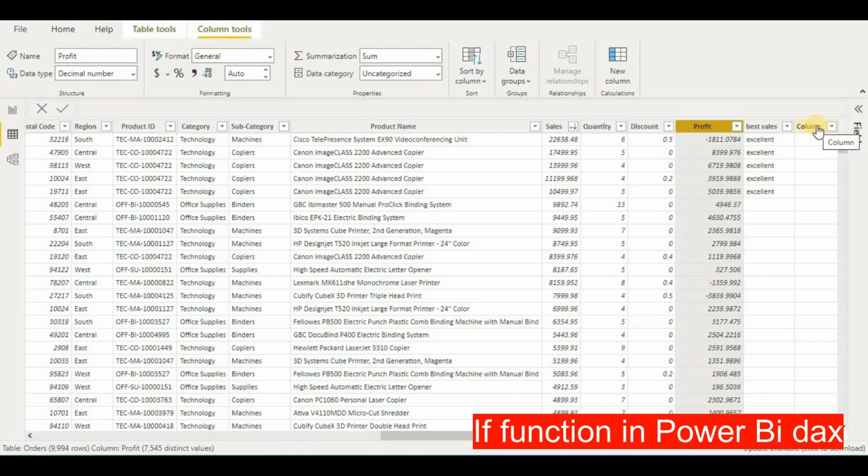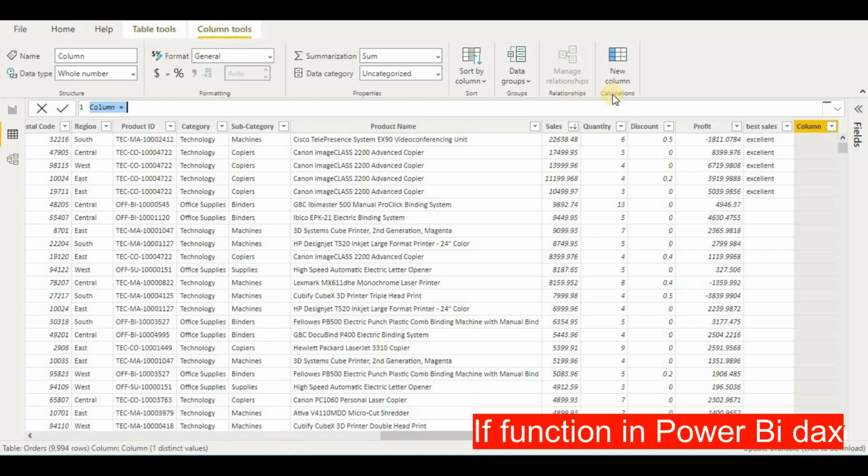Again I will go to the column here. It is a bit slow system. Okay, and now if I want to give this sales a grade, if it's more than 10,000 it is excellent, if it's greater than 5,000 then it's good, and if it's more than 1,000 it is average, and otherwise it is poor sales. So let's see how we can make it. I will give it a name,